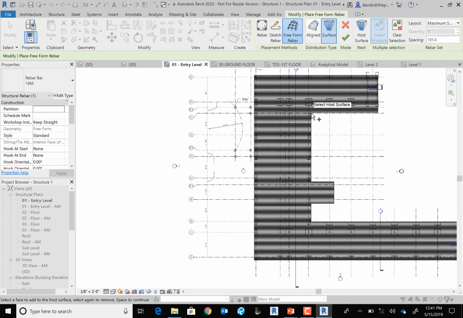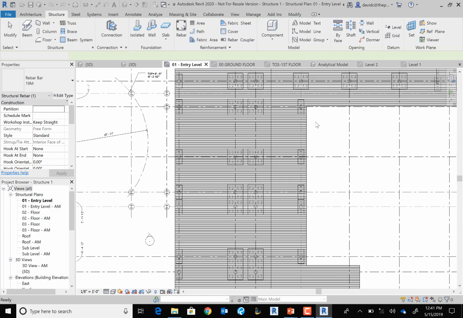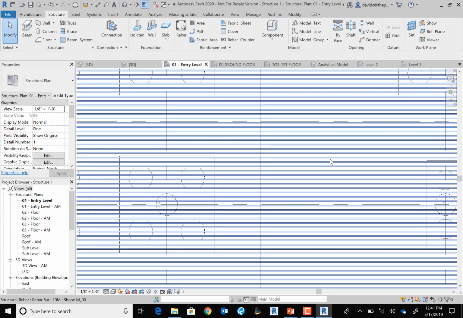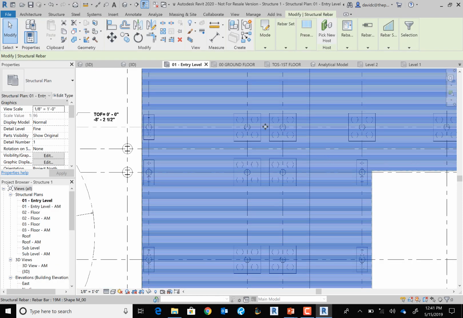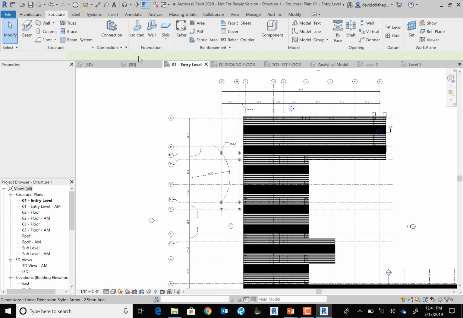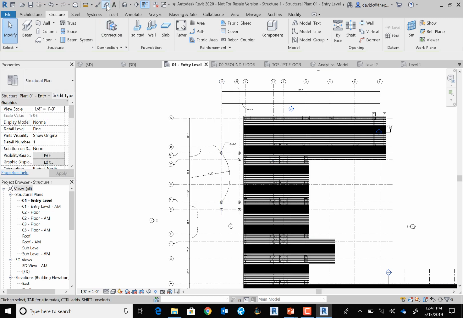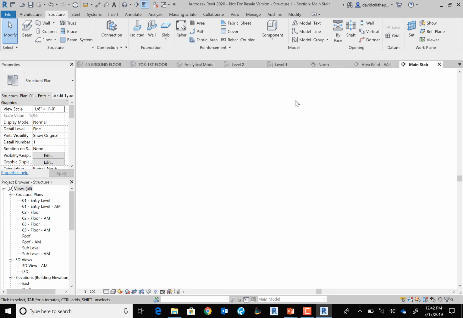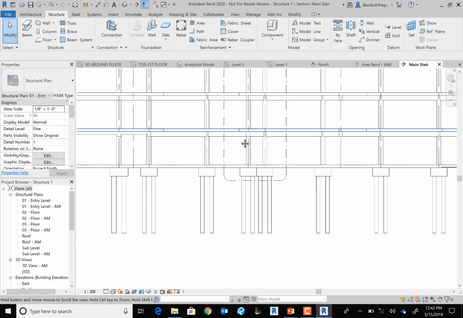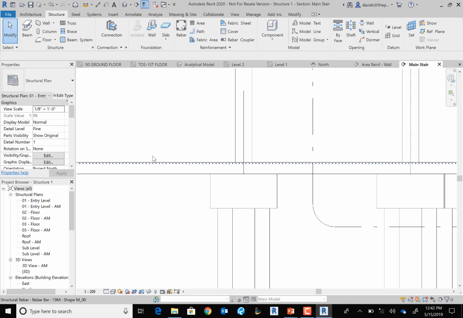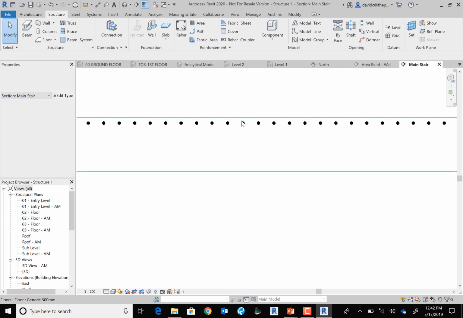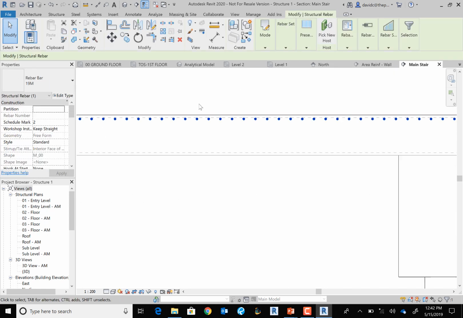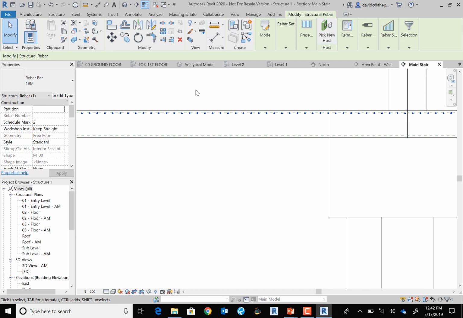All right, and there we go. So my rebar is divided throughout this entire floor. There we go. Actually, I'll just use that one. All right. So another kind of nice thing about the rebar here is when you get into the type or the individual properties of the rebar,